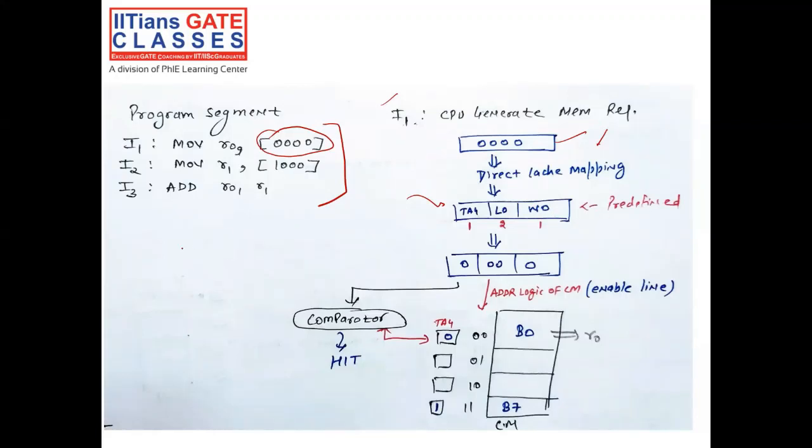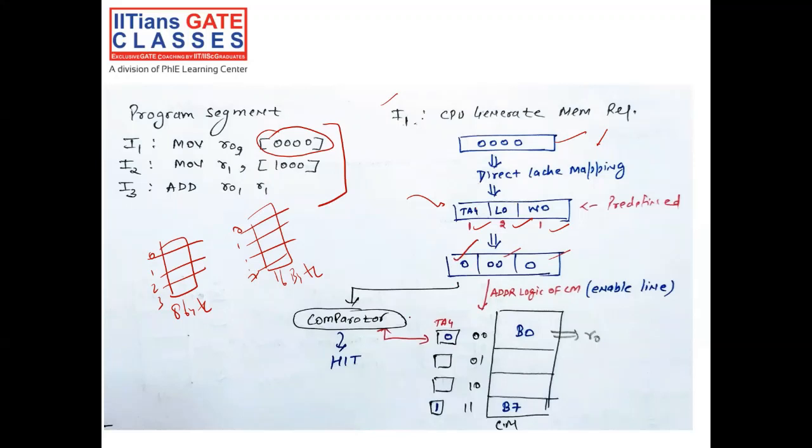Now, in the starting, we know our cache memory size and main memory size. Main memory size is 16 bytes, and cache memory size is 8 bytes, right? If you divide into number of blocks, cache memory has 4 blocks and main memory has 8 blocks, up to 7. Here 0, 1, 2, 3 blocks in the cache memory. So in that format, for the word offset we need only 1 bit, because 8 bytes of memory is there in the cache. For line offset, 2 bits are required. The remaining will be the tag. So we divide it into bits: word offset 1 bit, line offset 2 bits, and tag 1 bit.